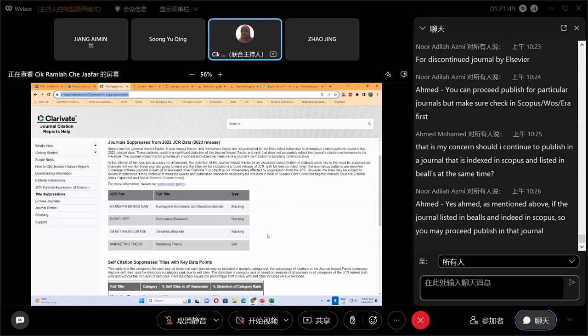Sometimes the article or journal has too high self-citation, so Clarivate will put all those related journals in this suppression title list. And for your information, all the titles in this list will have their status changed